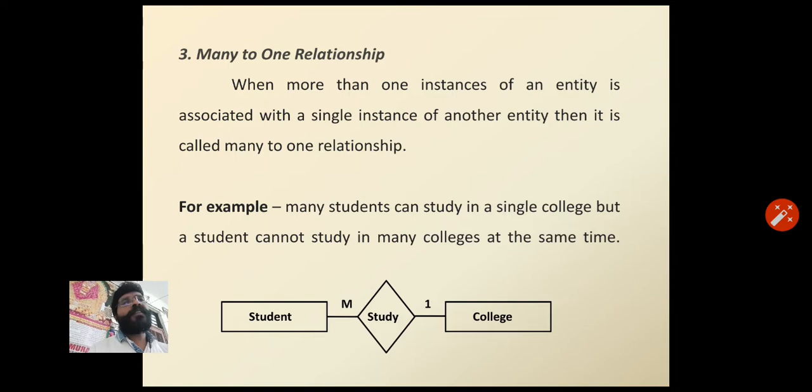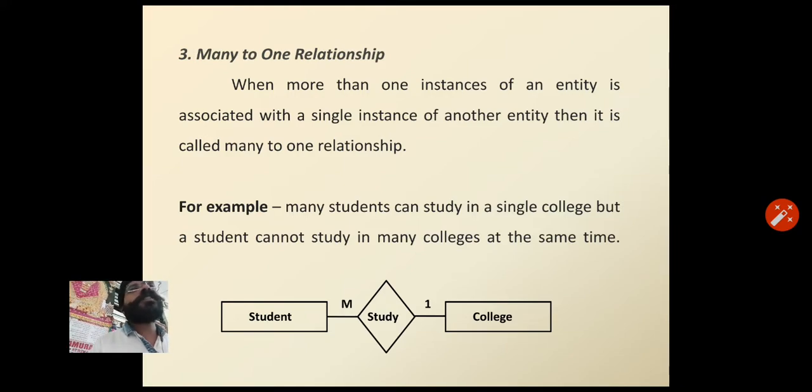For example, students studying in one college, that means many students can be studying in a single college. This is a many to one relationship. A single college has more than one student. So, students and college is a many to one relationship.